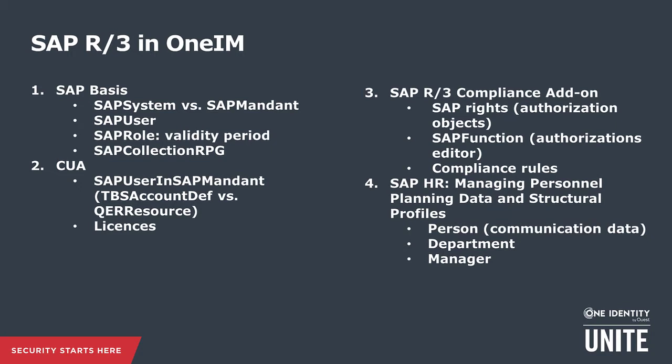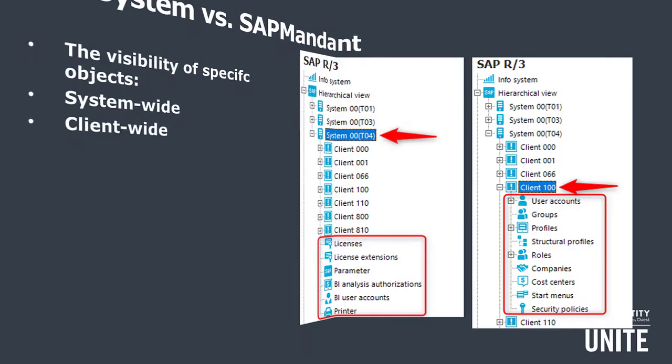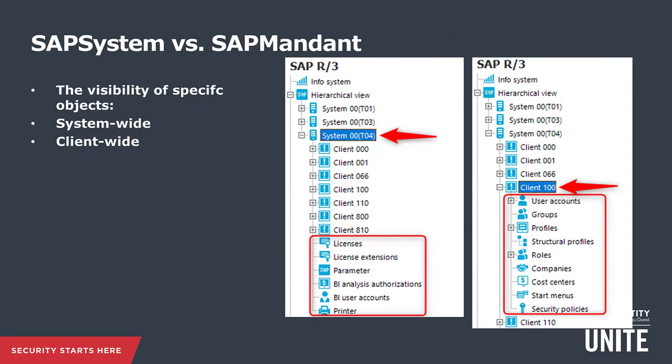One Identity Manager's SAP connector is capable of writing back this information into SAP HR. This is the only write operation to the SAP HR system and will only affect the info type communication data. Further looking into the detail, the system will reveal that One Identity Manager's connector also takes the visibility of objects into account. There are system-wide objects like licenses, parameters, printers, and